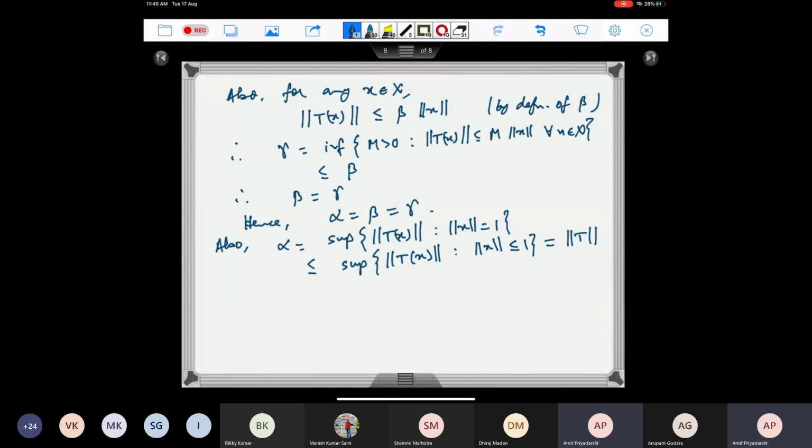Conversely, we want to see that norm T is less than equal to alpha. In fact, we know alpha, beta, gamma are all equal. So if I show that norm T is less than equal to one of these, then we are done. So if we take any m greater than 0 such that norm Tx is less than equal to m times norm x for all x in X, then